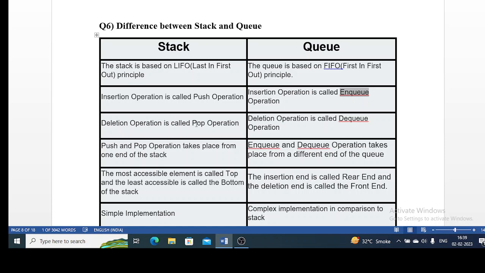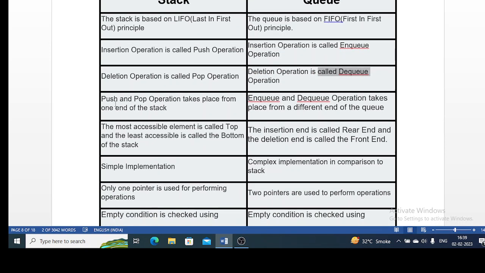Deletion operation is called pop in stack, whereas deletion operation in queue we say DQ. Push and pop operations take place in stack for dealing with data items, and for queue we use NQ